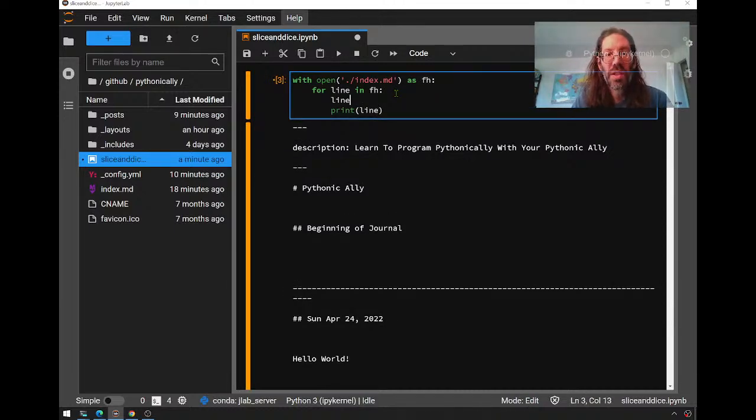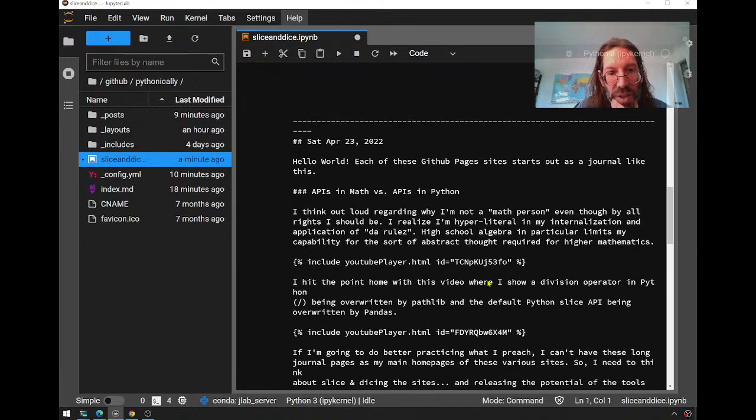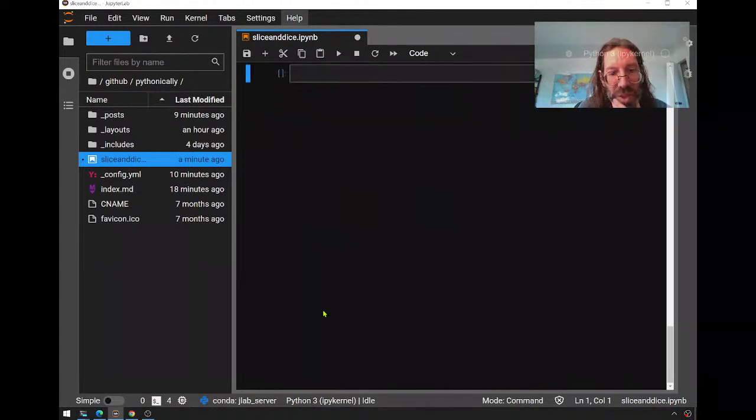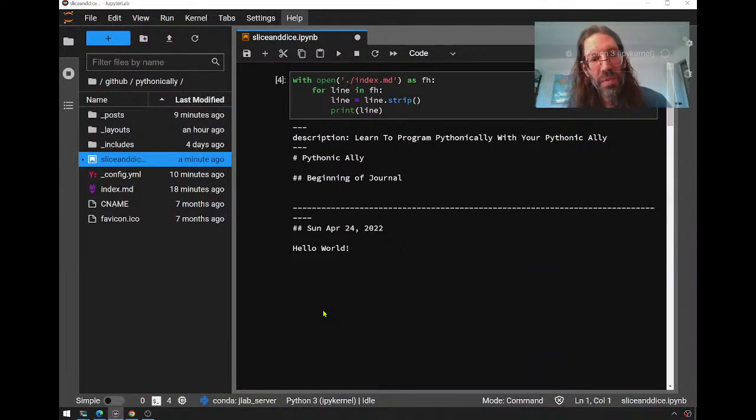Line equals line dot strip, I think it is. Strip, trim, everything has its own way of doing it. But there you go. You can see it's tightened up quite a bit, so that's good. So now I can just look at each line that I encounter. If the line begins with